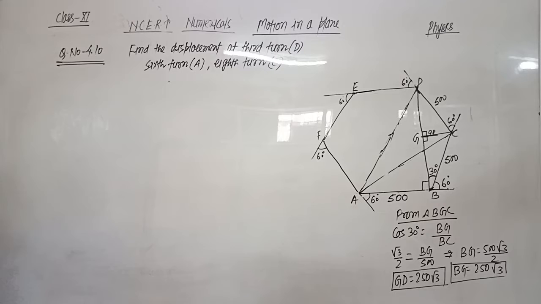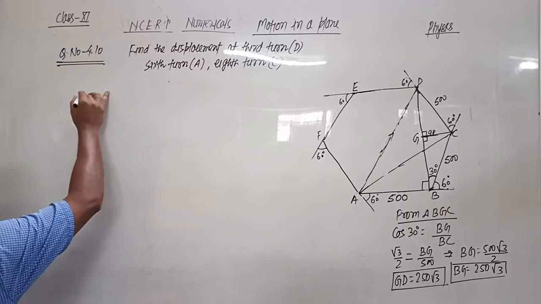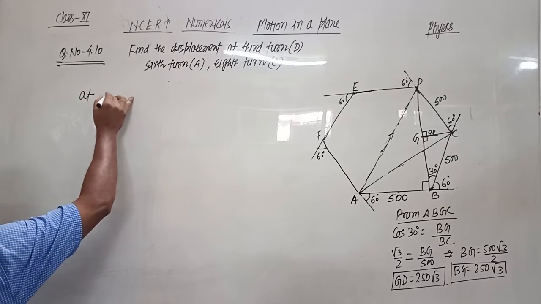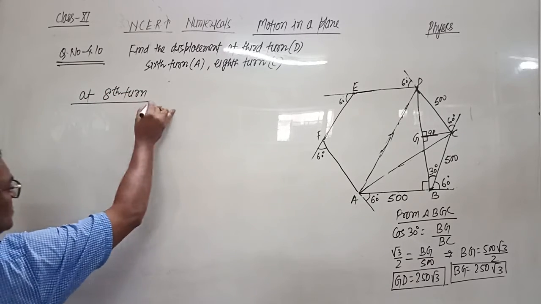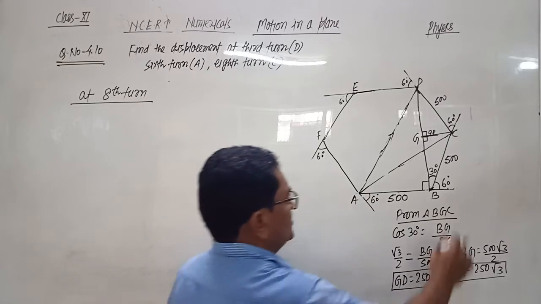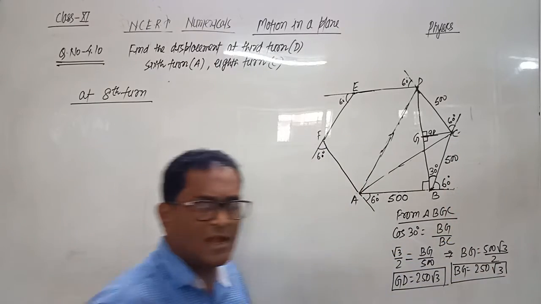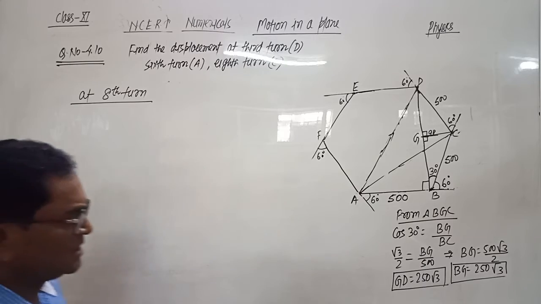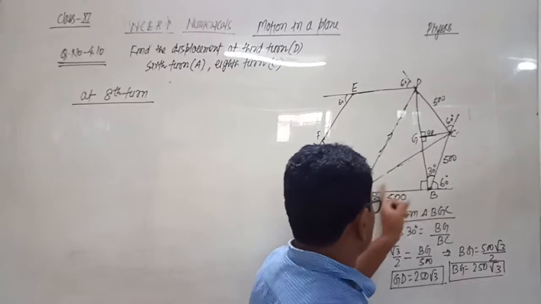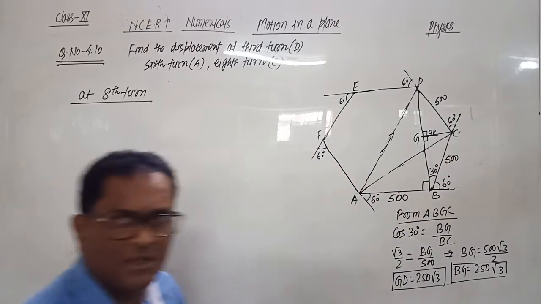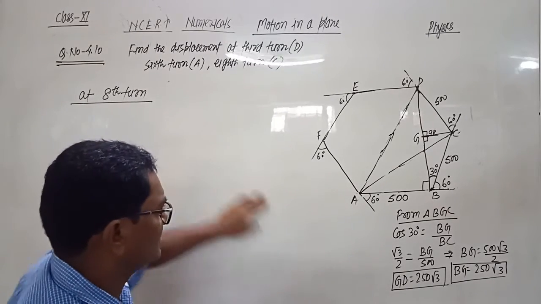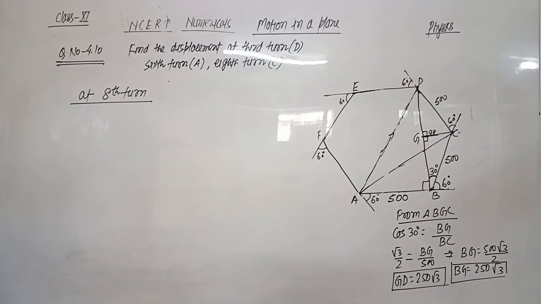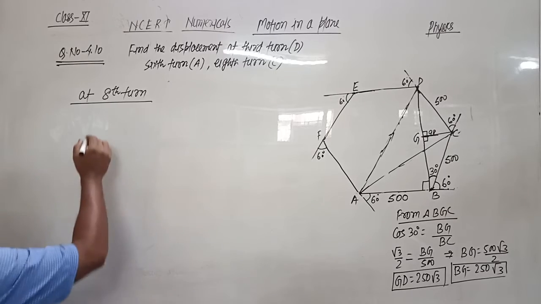When the motorist is at the 8th turn, the motorist is at point C. To find this in triangle ABC, we use the triangle law of vector addition, to find the resultant, and we use the formula. The displacement AC equals